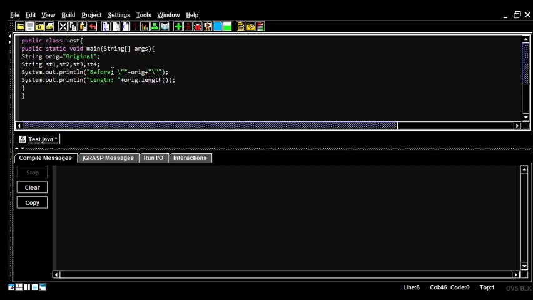Then str1 is going to demonstrate another way to concatenate. So str1 equals orig dot con, C-O-N, cat, C-A-T. Then you just put a string in here, so I'll just put space 1 in quotations, open and close the parentheses around that, and then semicolon. Then we'll go down to the next line, str2 is going to equal